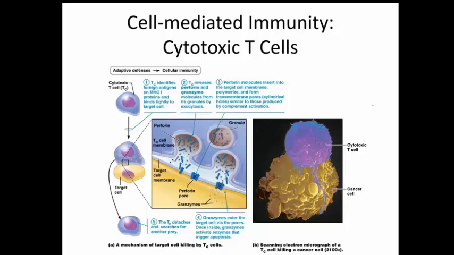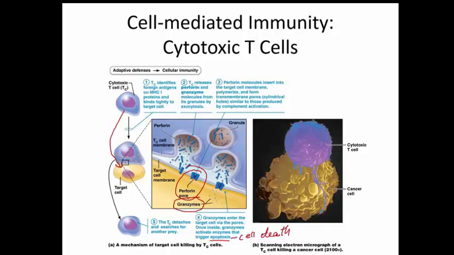Cell-mediated immunity from these CD8 cytotoxic T cells is actually very similar to the effect of the natural killer cells that we talked about with innate immunity. So essentially what happens is the cytotoxic T cell binds to the target cell, which is the infected cell, and it inserts perforin pores, and then that is also going to lead to the insertion of granzymes, and granzymes enter the target cell via the pores, and once inside they activate enzymes that trigger apoptosis, which is essentially cell death through